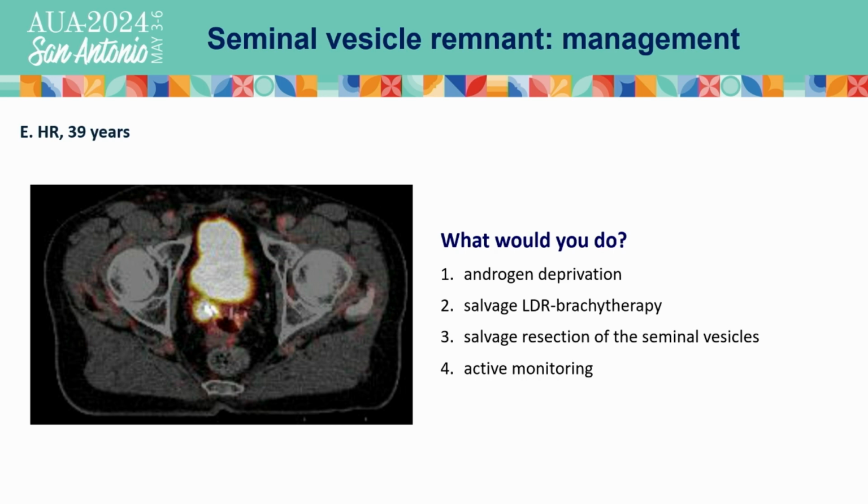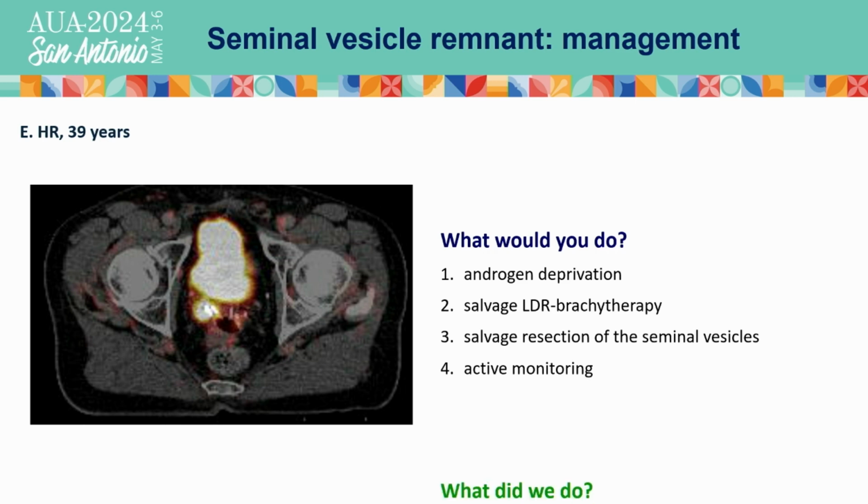And Deborah, what would you do at Duke? Yeah, I agree. He has a long PSA doubling time to begin with. He's young. I would have a conversation with him that we can do surgery. It may be associated with higher risks. But with radiation, I'm really concerned about toxicity to the bladder and the bladder neck and secondary malignancies given his young age. The other option, just given the long doubling time, if you really didn't want to undergo the morbidity of surgery, is just to observe it and follow his doubling time.